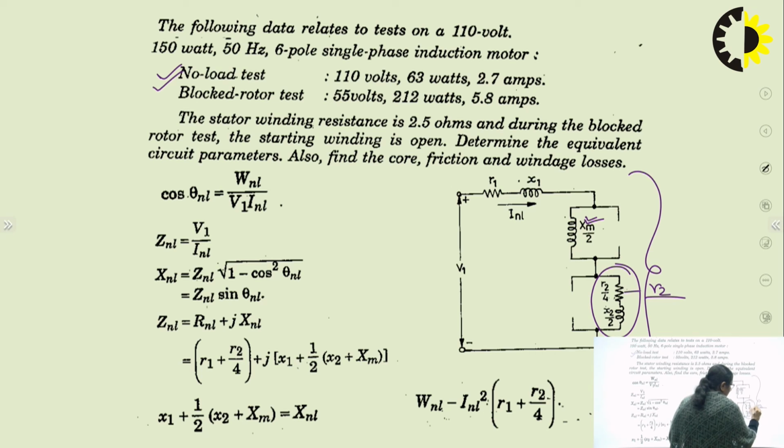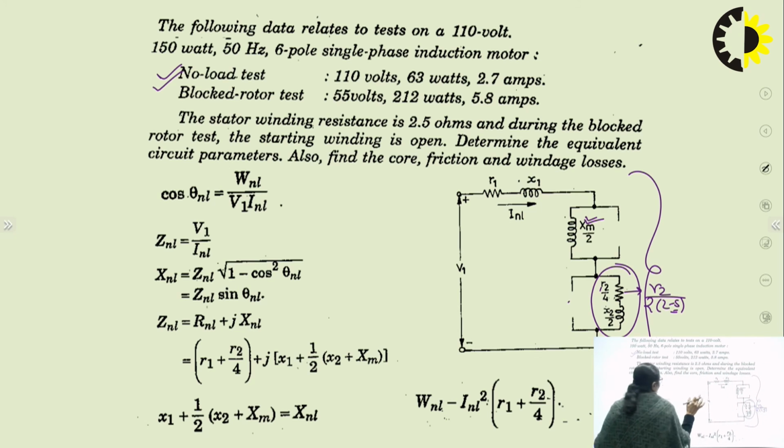I mean to say this parameter was originally R2 upon 2 into 2 minus S. S is approximately equal to 0, so it reduces to R2 by 2 into 2, that is R2 by 4. So, R2 by 4 plus X2 by 2. In comparison with this impedance, the Xm by 2 impedance is quite high. So, in this parallel circuit, it can be neglected. So, this results in approximation of the equivalent circuit under no load condition by the circuit which is drawn over